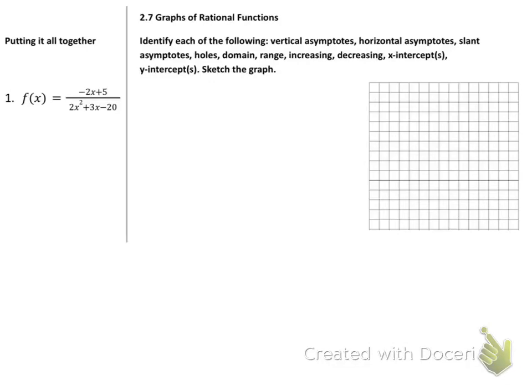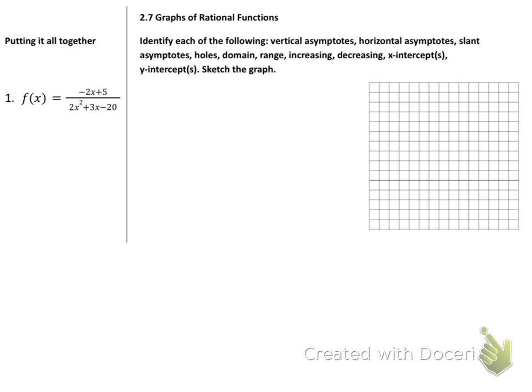Okay, we're at the last section of the notes, so let's get rolling. All we're going to do is take everything that we did so far this unit, or this half unit, and pull it all together. So basically just continue practicing the stuff that we've done before. So we want to identify the vertical asymptotes, horizontal asymptotes, slant asymptotes, holes, domain, range, increasing, decreasing, x-intercepts, y-intercept, and